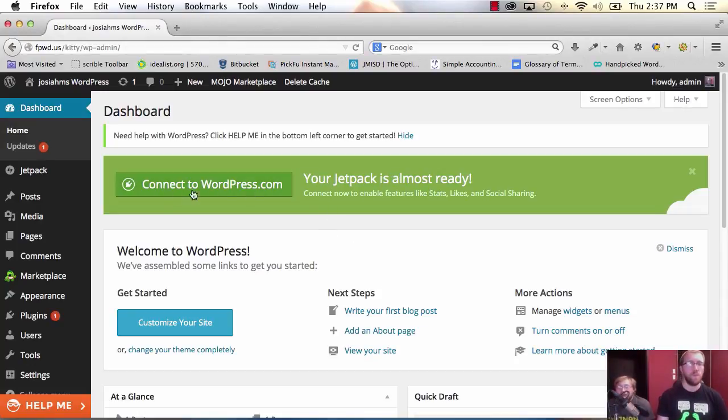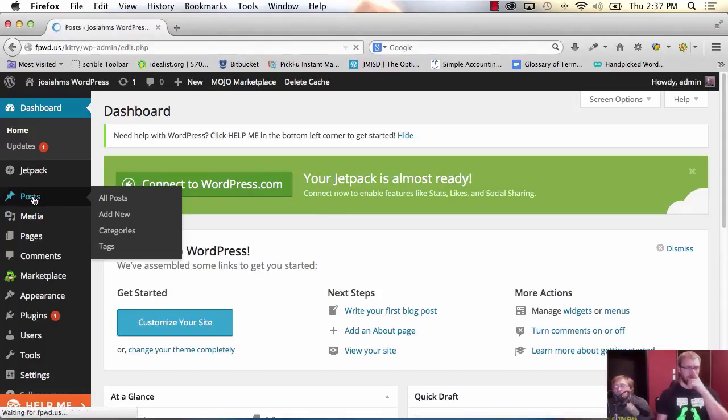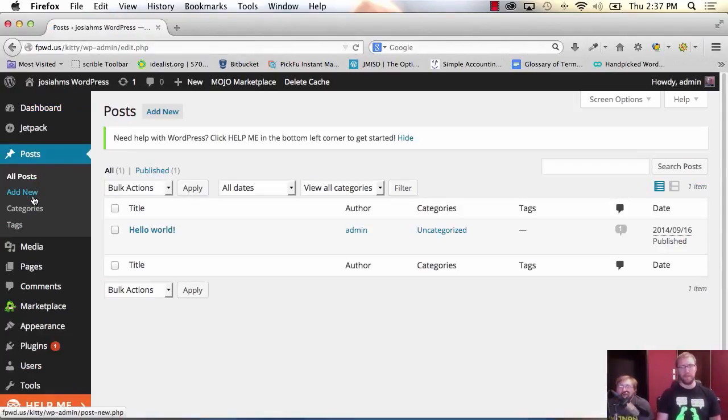Right, so we're going to start here by talking about the post. The post is basically when we're making a blog post, it's going to post generally to the blog section and anywhere else that we send it to. It can also post to the front page if our blog is displaying on our front page. It's really simple. You have two different things there. We have add new and categories. We also have tags. Our categories are going to be like if we have,